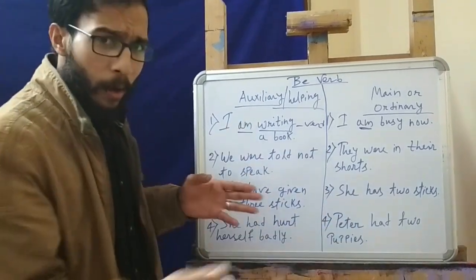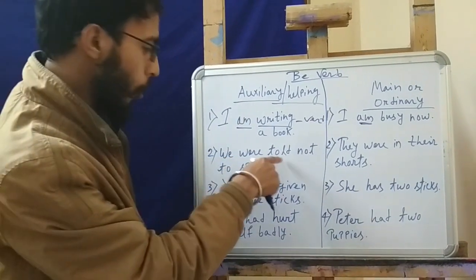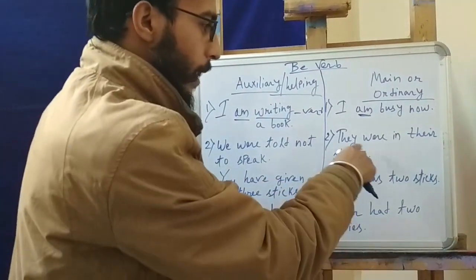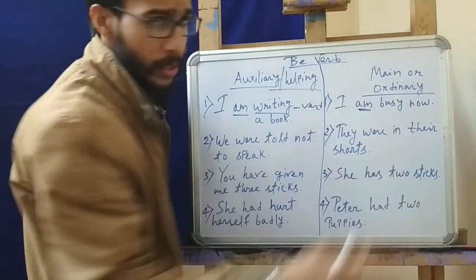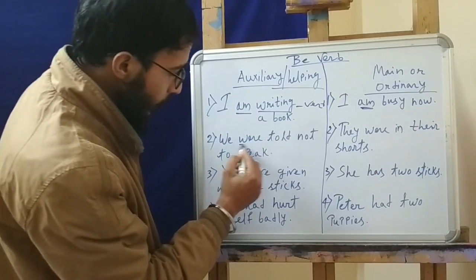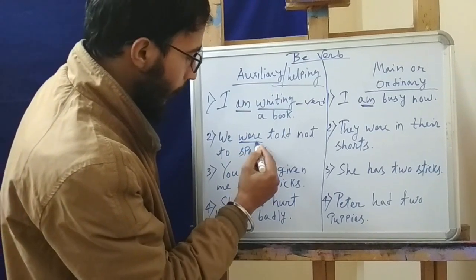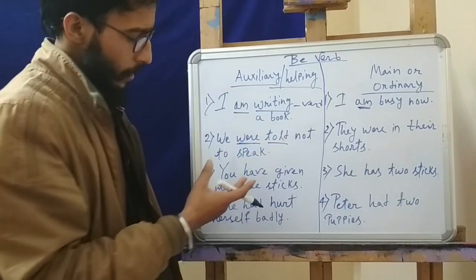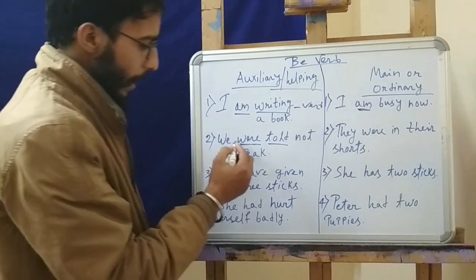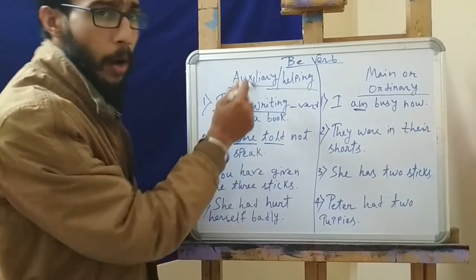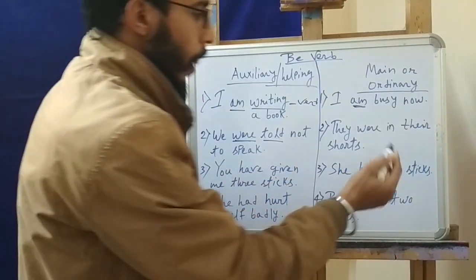So likewise, you can see "we were told not to speak." আমাদের বলা হয়েছিল কথা না বলতে, আর এখানে আছে "they were in their shops." তো আমরা দেখতে পাচ্ছি সেই একই উপায়ে যে এখানে যে ওয়ার্ডটা আছে, এই ভার্বটাকে সাহায্য করছে, একটা টেন্স তৈরি করেছে, এই ভার্বটাকে সাহায্য করেছে, তার জন্য এখানে হেল্পিং ভার্ব অথবা অক্সিলারি উই ক্যান কল ইট। আর এখানে এই